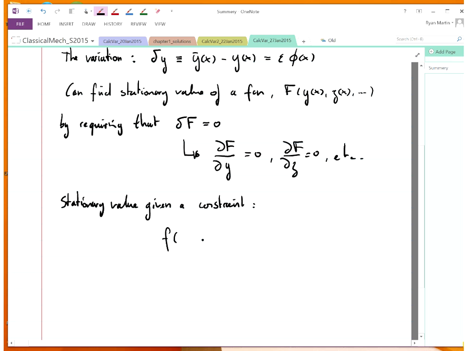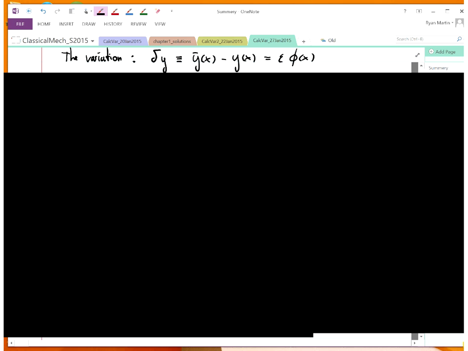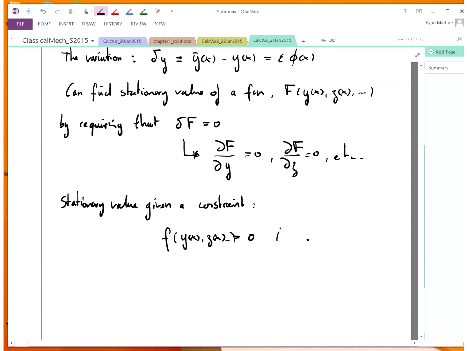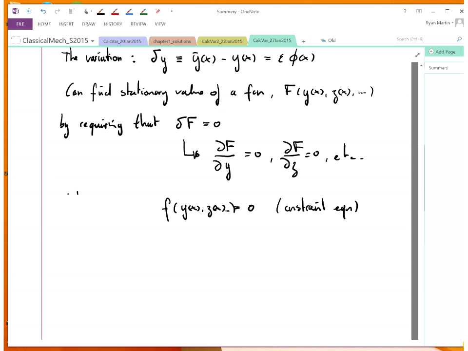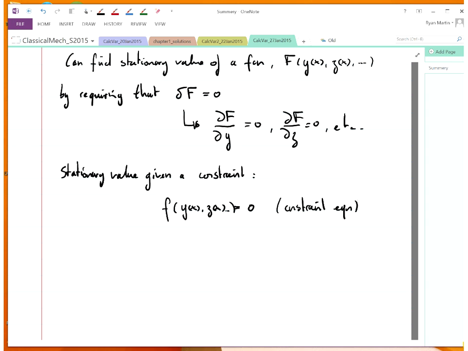So in this case, it could be a function of y of x and z of x equal to 0. So this would be our constraint equation with the lowercase f. To find the stationary value of capital F subject to the constraint given by lowercase f,